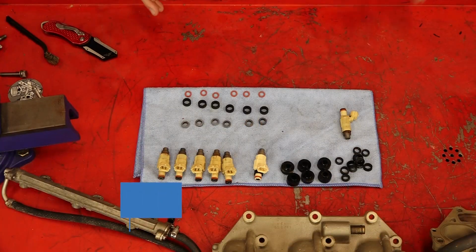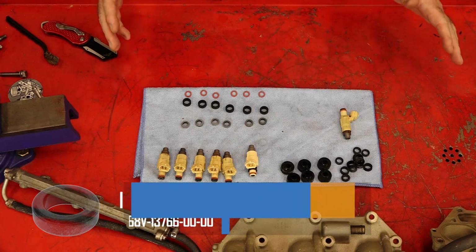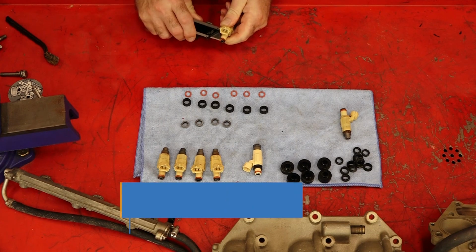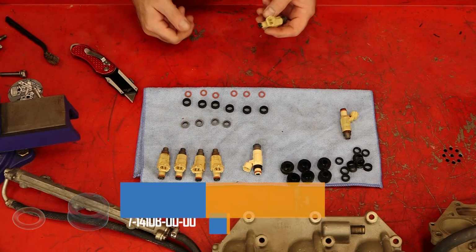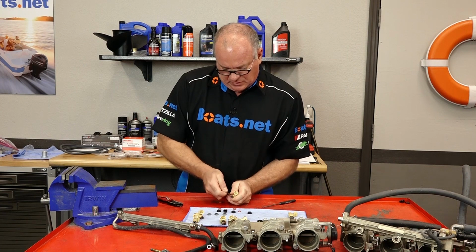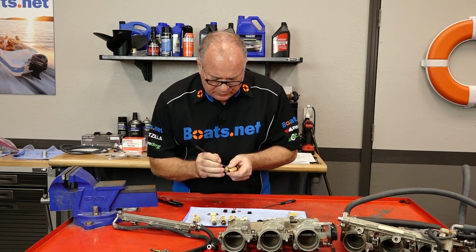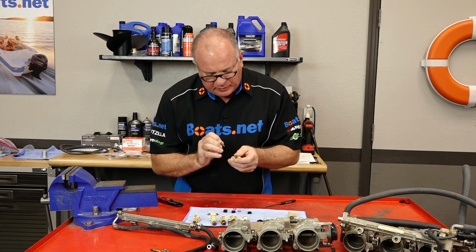Well, we have all our new seals and our one injector that we're actually going to replace. So with it all laid out on the table, let's start putting it back together. The first thing we're going to do is replace all of our O-rings and our seals on our existing injectors, and then we're going to get them installed into the fuel rail and get it bolted back together. Nothing all that technical about this. Just remove the old O-rings and seals, pop on the new ones. When you're doing this, make sure there's no corrosion or any type of debris in between the injector